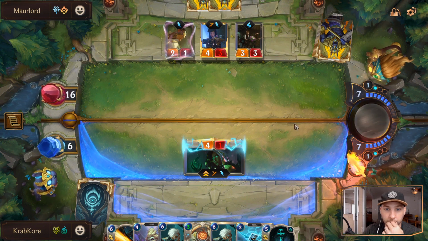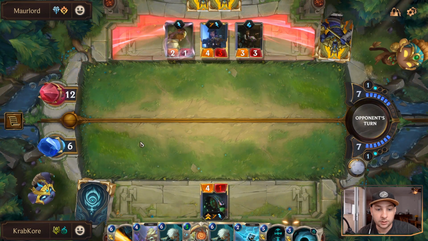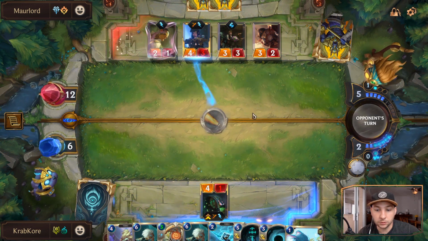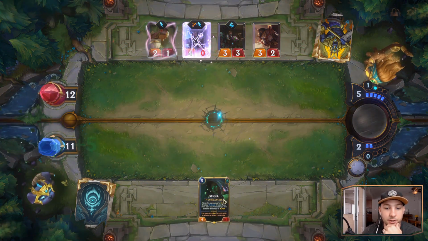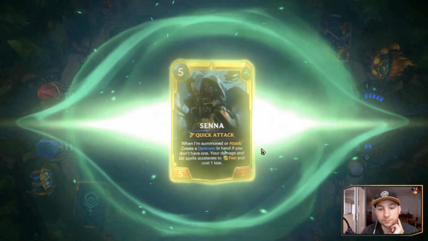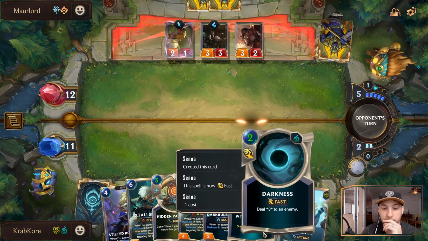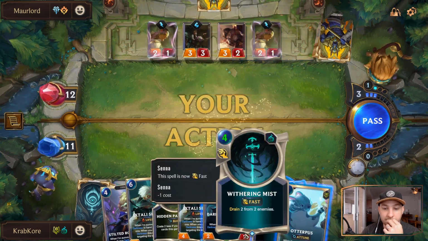Okay. Go to combat. Get a free darkness here. See if they do anything. Ooh. Oh, that's so good. Okay. We'll do that. There's a big drain here. Massive drain. Senna goes up. Things get cheaper. That's really good for us. That's really, really good for us. And then we can... Darkness is 3 now. And then here's next turn we just...